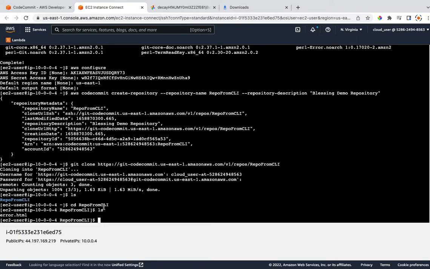We open and we see the file in the repository, and we see error.html in it. And we can do several other things like create a local test file, and probably just do another push. But for now, we're going to stop here for today,